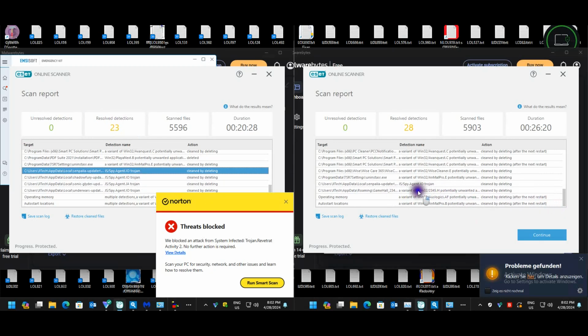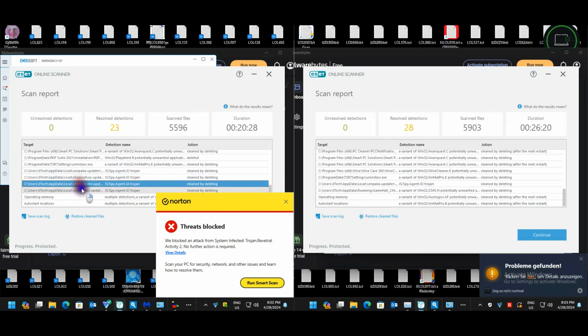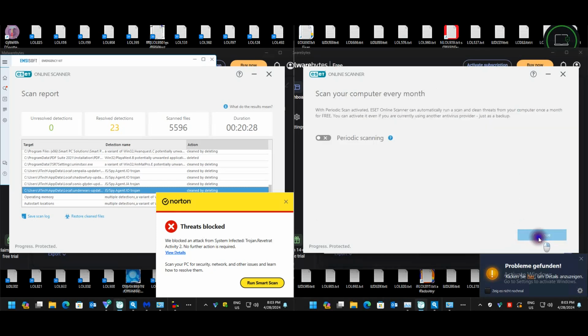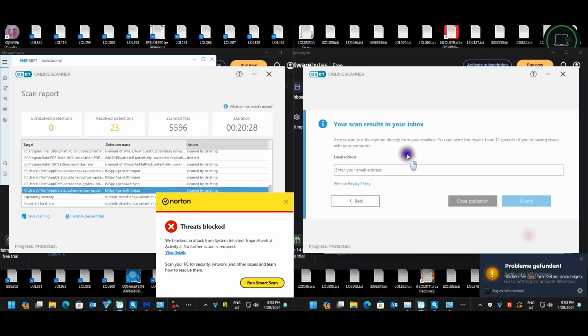And then also in memory and auto start locations. So I would say from this angle it's fairly similar, but it seems like Norton does have 3 more under app data. So although it's a little bit less, it seems like we might have less malware besides the programs themselves. Okay, I'm just going to close this.